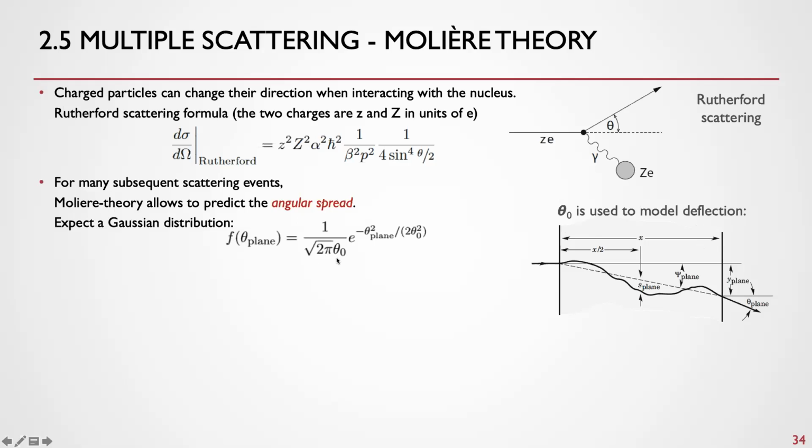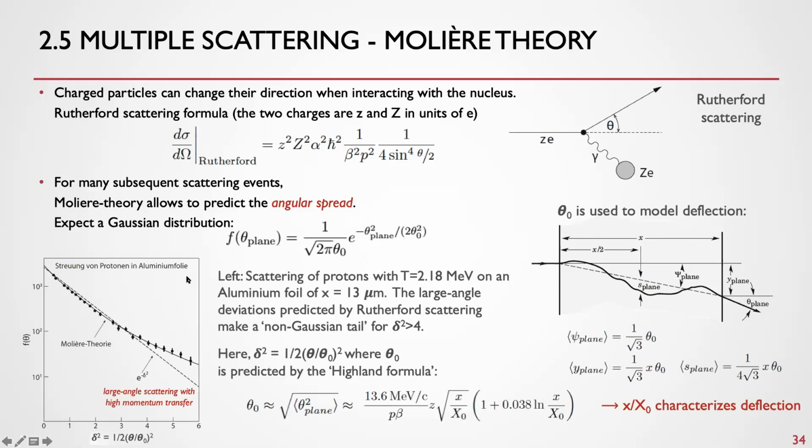Now, Molière theory predicts that for very thick detectors, one expects a Gaussian distribution for the angle here with a width parameter of theta 0. Now, this Gaussian resolution parameter, we can compare theory and experiment